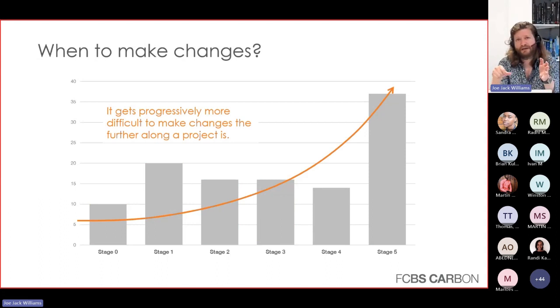But what we're really saying is, if I want to make low carbon changes to a project, at stage 0, 1, and 2, those early stages where it might be a simple box we've drawn, a simple model, it's really easy to make those changes. At stage 3 and stage 4 it gets very, very difficult. And stage 5, they're building it on site. Nobody wants me to turn up on site and tell them to change the type of material they're using, or maybe we should change the layout plan. I'd be laughed off site, probably quite rightly.